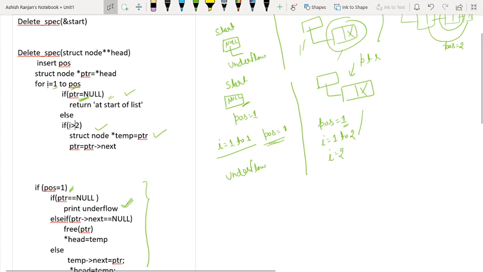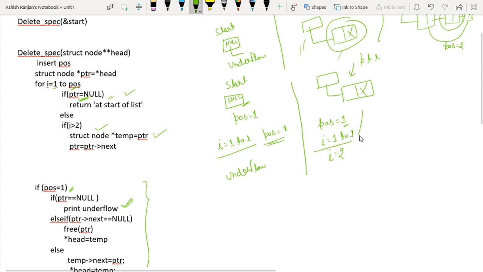For I is greater than 2. Why? Because for I equals to 2, oh sorry, pos itself it will be 1. I have forgotten, my fault. This will be 1 because position is 1, so it will be 1.